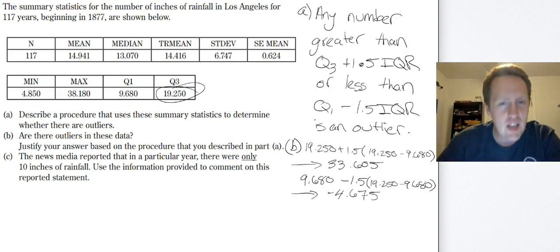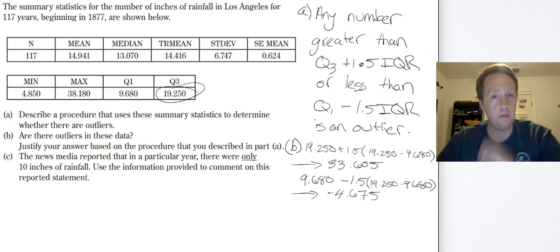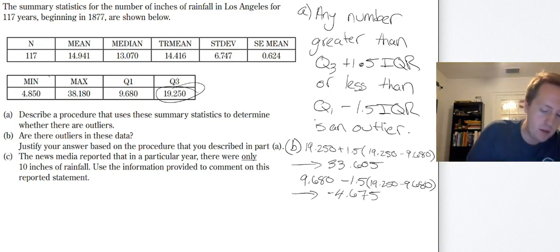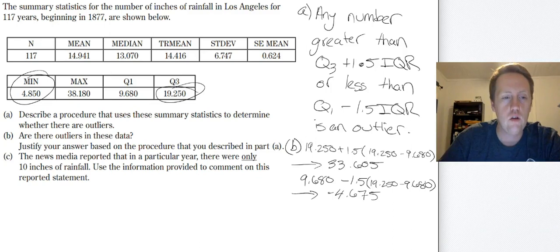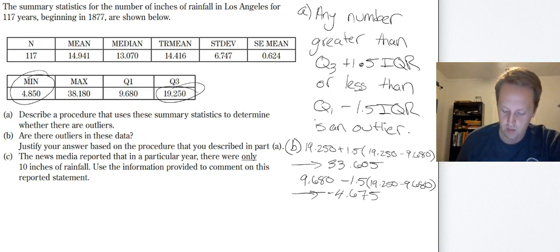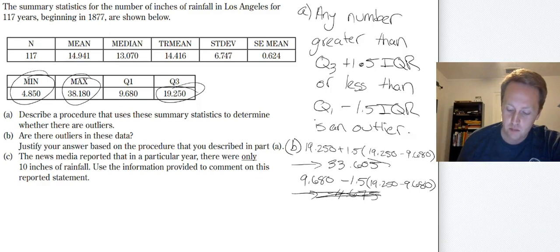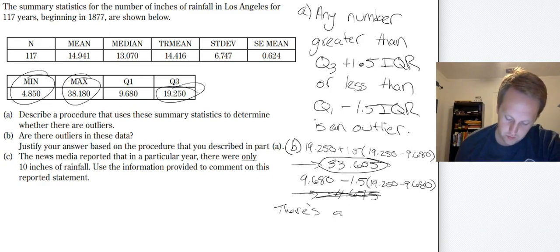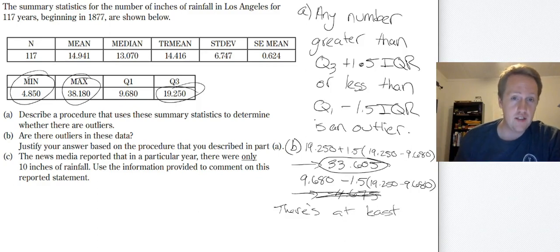Well, they didn't give me the data. However, they did tell me two very important things. They said that the minimum is 4.850. Well, if the minimum is 4.850, this one's not going to give me anything, is it? They also tell me the maximum is 38.180. That number is bigger than this one, correct? So there's at least one outlier. There could be more. We don't know, right? Maybe 38 itself is in there somewhere, but there's at least one outlier